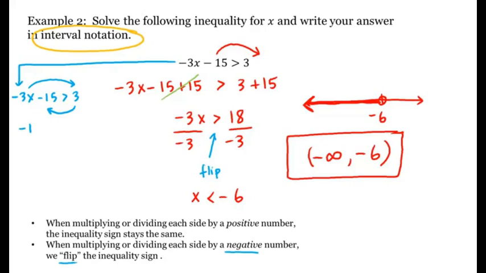We have -15 minus 3 is greater than positive 3x, or -18 is greater than positive 3x. And now when we divide, this number's positive, so we don't have to worry about the inequality flipping. So we get -6 greater than x, which we can write in the other direction, x less than -6, which